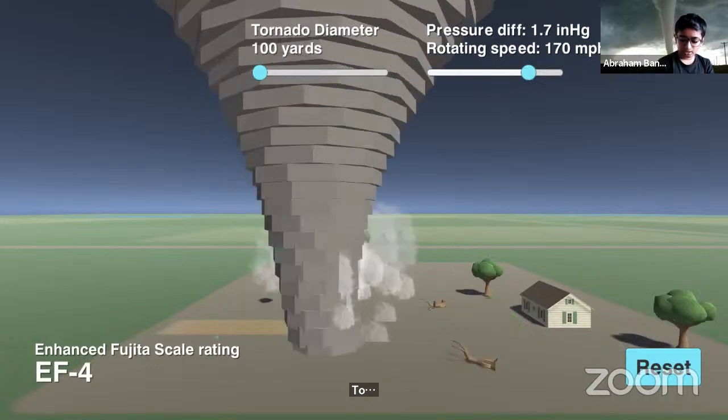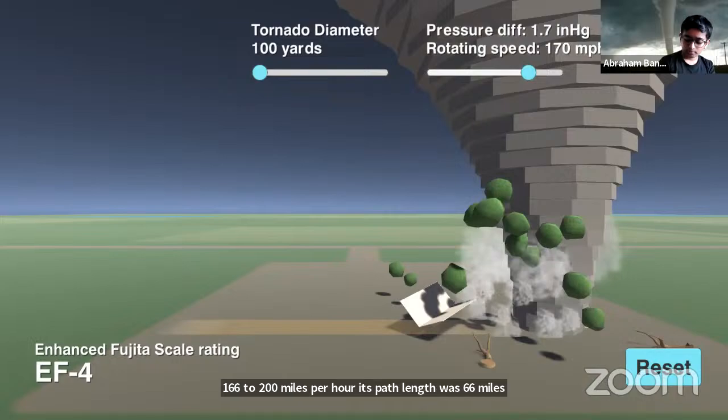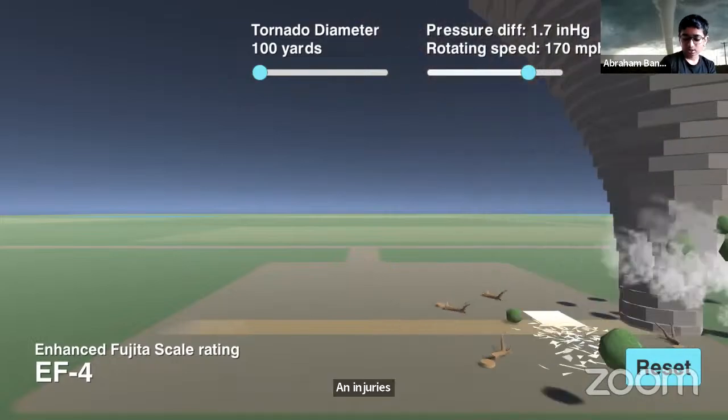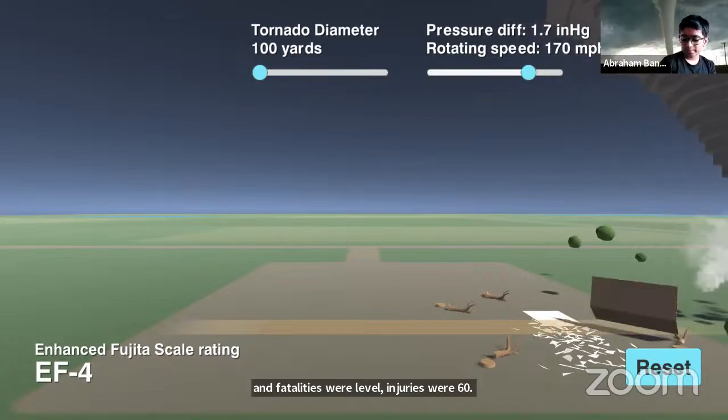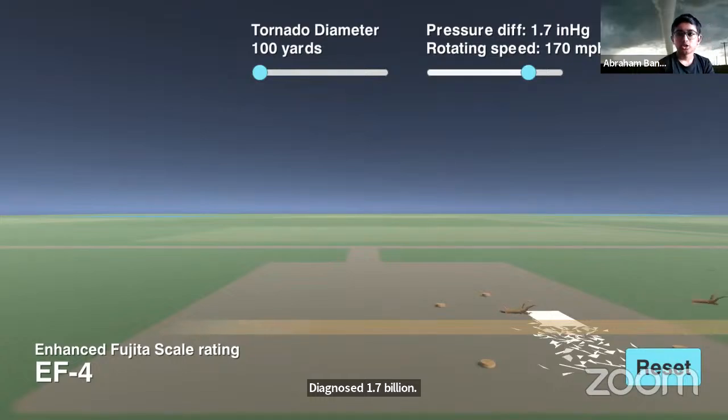Its path length was 22 miles, fatalities were 11, injuries were 60. Damage was $1.7 billion, and it destroyed 90% of Greensburg, including homes, businesses, and infrastructure. You can see what an EF4 tornado did to this house. It shattered it into pieces and took the roof off.